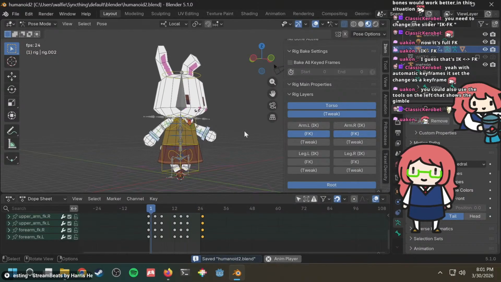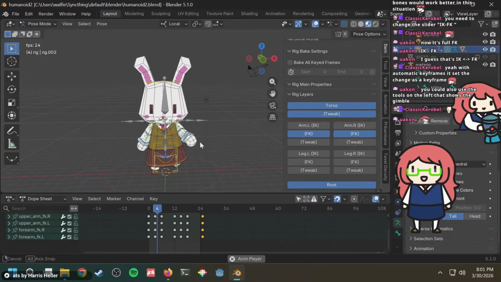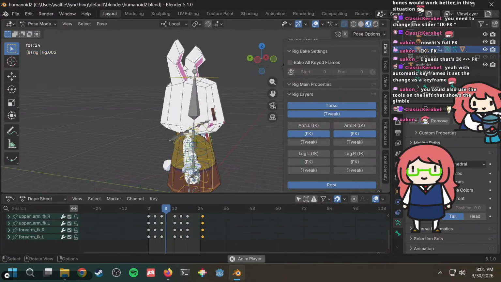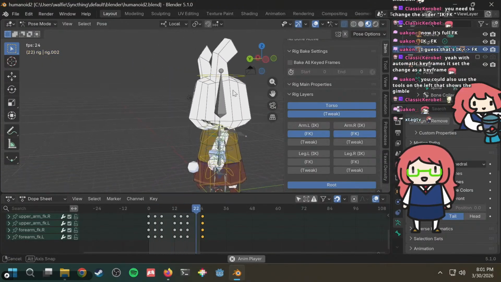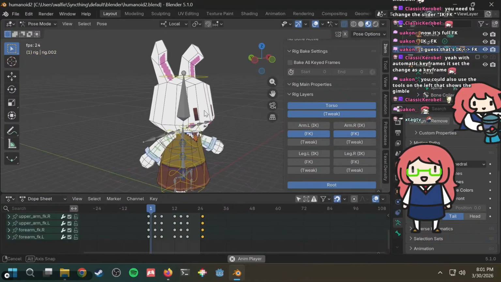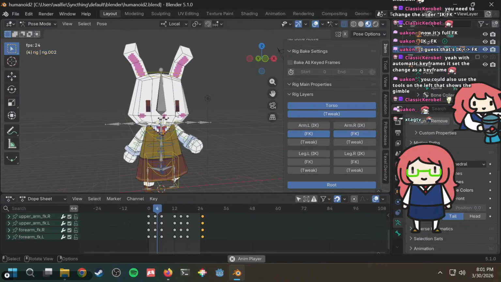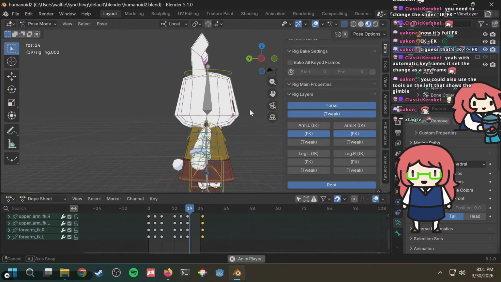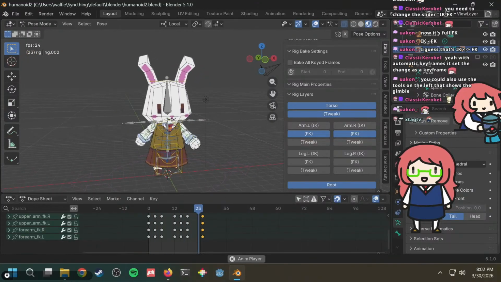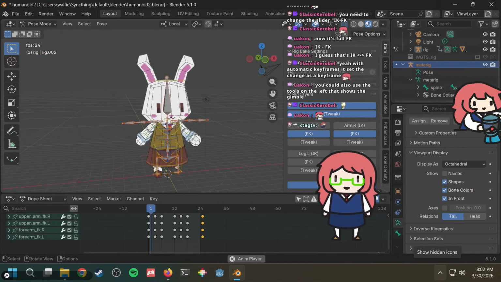Alright, I've saved it. We now have an animation. I could add some animation to the ears as well. It is a bit strange that they're just static. The head also seems a bit too stationary, you know? It could rotate a little bit side to side, perhaps. But that's good though. That seems to be good. We can hide the meta rig. I don't know why I was showing it the whole time.